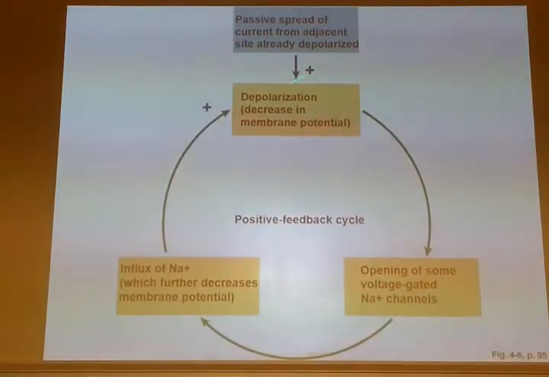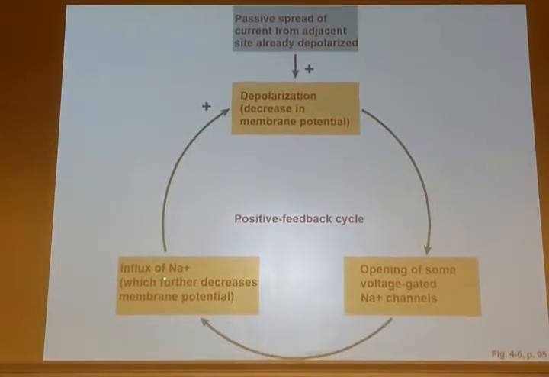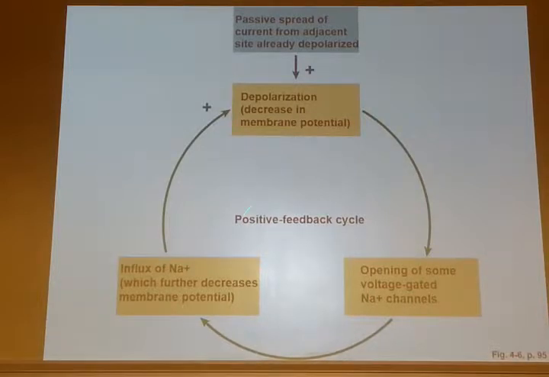So when you have depolarizing local potentials that sum to threshold at the trigger zone, you then open voltage-gated channels. Sodium comes in. As sodium comes in, the membrane potential will go in a positive direction. When the membrane potential goes in a positive direction in that local segment of the axon, you can open the next